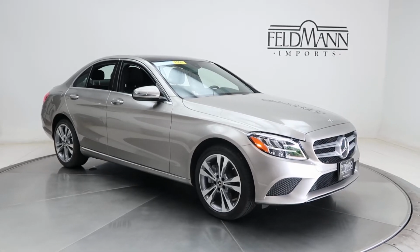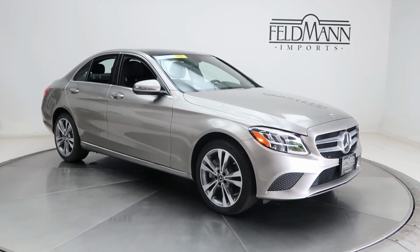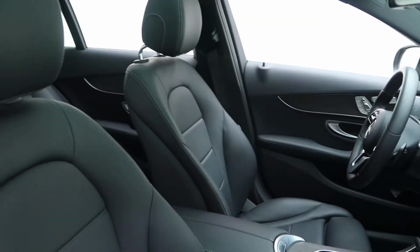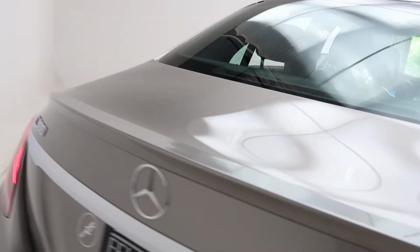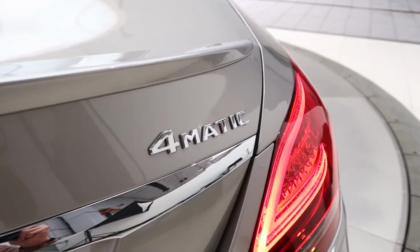We've got front and rear LED daytime running lights. For wheels we've got 18-inch alloys. The tires are in good condition. A black MB Tex interior, panorama sunroof, and around back we've got a rear spoiler. We've got our C300 4MATIC badging,